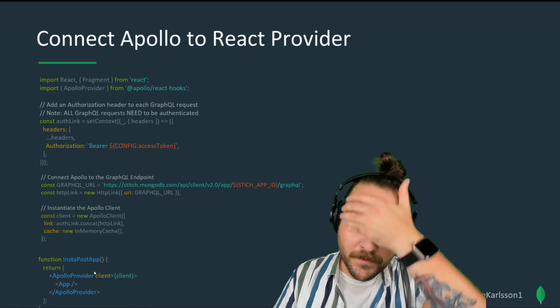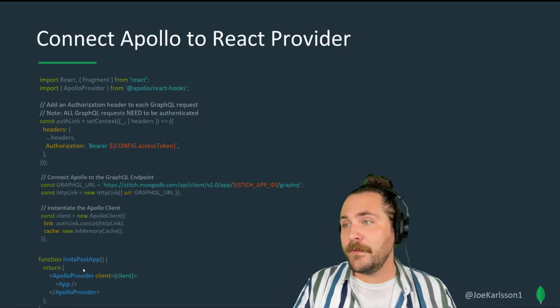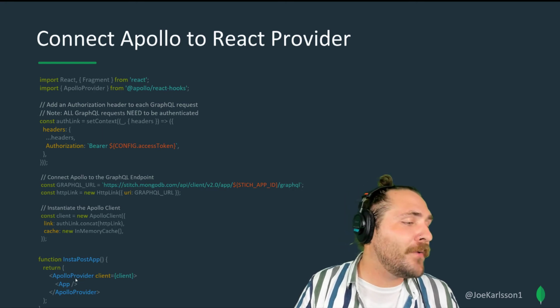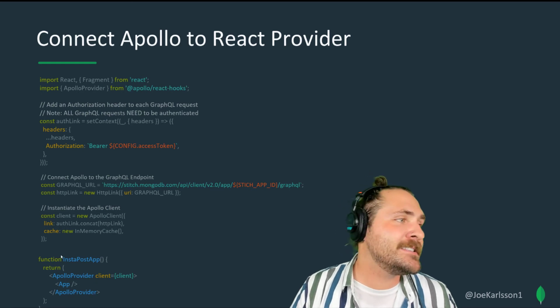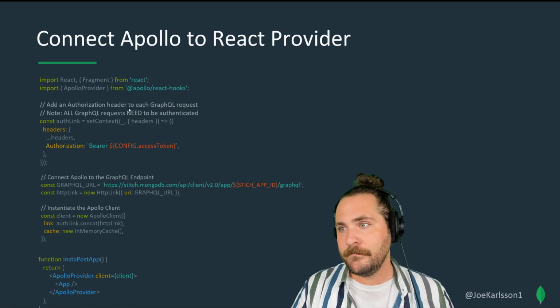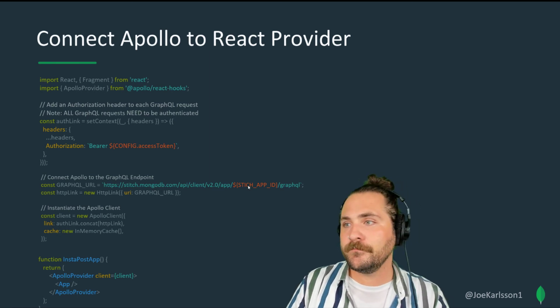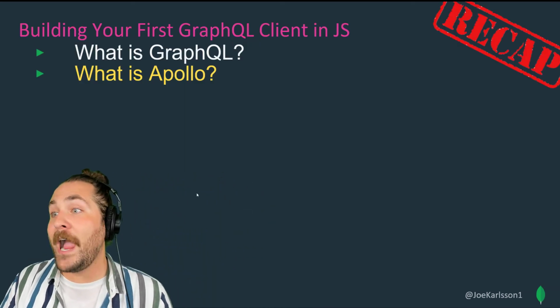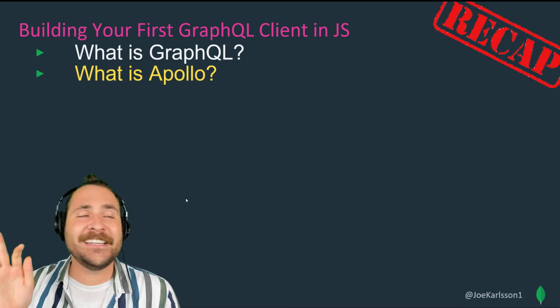So we have our React application we're trying to initialize. And if you're used to using Redux in React, you're probably used to seeing this, right? The Apollo provider wraps our React application, so all of our children components have access to the React hooks from Apollo. That's going to allow us to do queries and mutations from any React component and update state. Awesome. So we wrapped our React application in an Apollo provider and connected it up to our GraphQL endpoint.